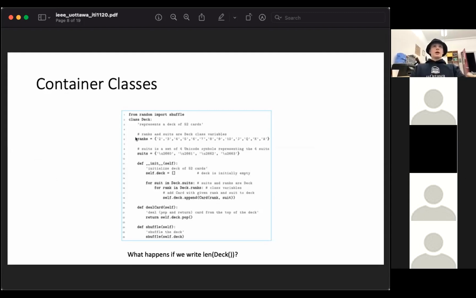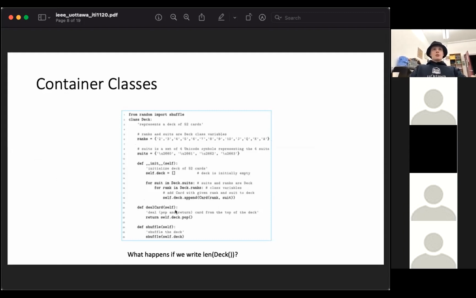And so here, as you can see, we use Deck.ranks with a capital D. This is not to be confused with this deck right here. They're two different things. Python is case sensitive. So this deck and this deck are different. And so this capital case Deck is referring to the class itself. So if any of you have ever taken Java or you've learned Java, this would be kind of like static variables here and static information.